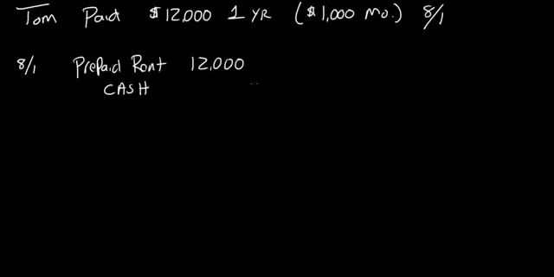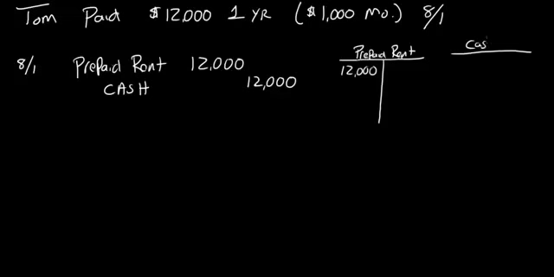So he would debit prepaid rent for $12,000 and credit cash for $12,000. And let's do some T accounts over here. Prepaid rent, 12,000, and cash,